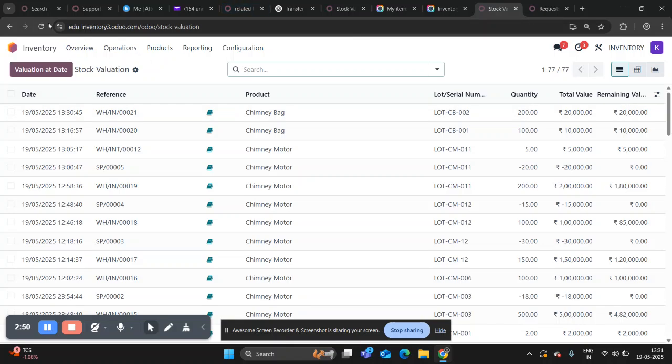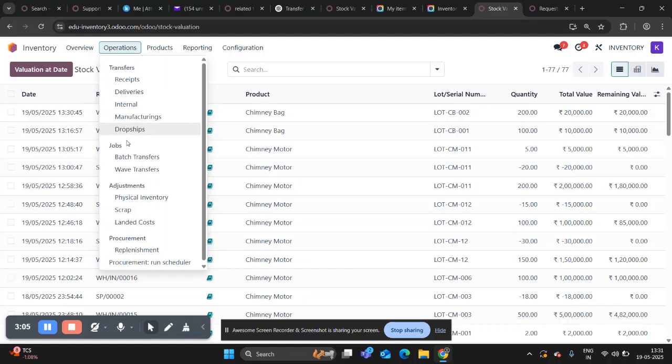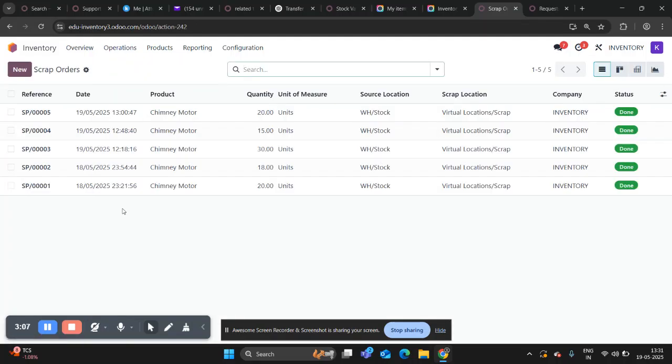So let's say we have some scrap orders, then I will move some quantity to scrap to show how entries are being adjusted. Then click on operation and then scrap, then create a new scrap order. Click on new,